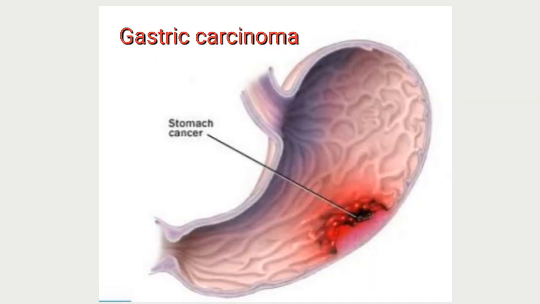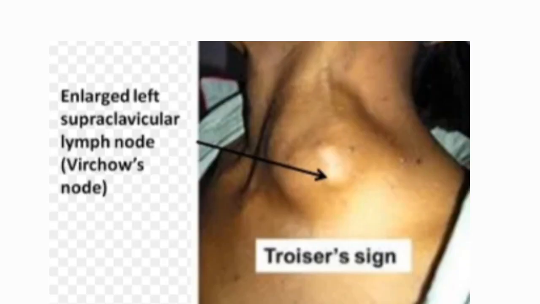Next clinical condition of the stomach is gastric carcinoma. Gastric carcinoma is common and it occurs along the greater curvature, and for this the lymphatic drainage of the stomach is important, because the metastasis from the gastric carcinoma can occur through the thoracic duct to the left supraclavicular lymph node. An enlargement of this left supraclavicular lymph node is known as Troisier's sign, while this lymph node is called the signal lymph node, and it is common in persons having blood group A.